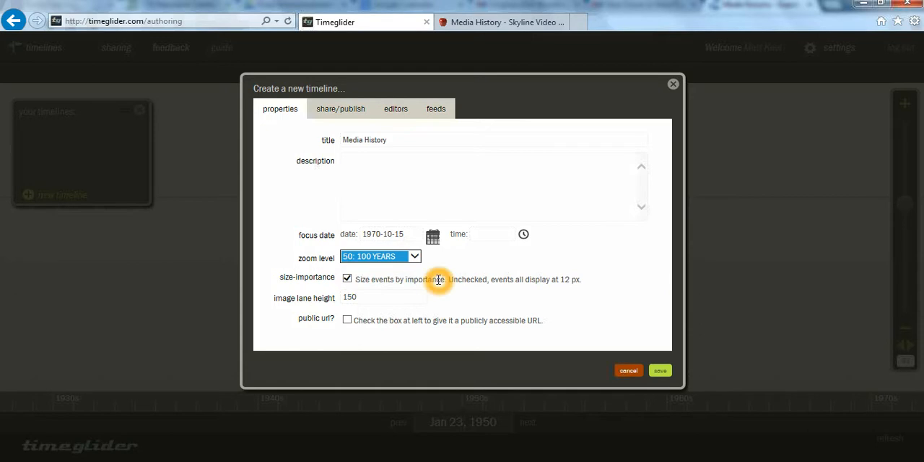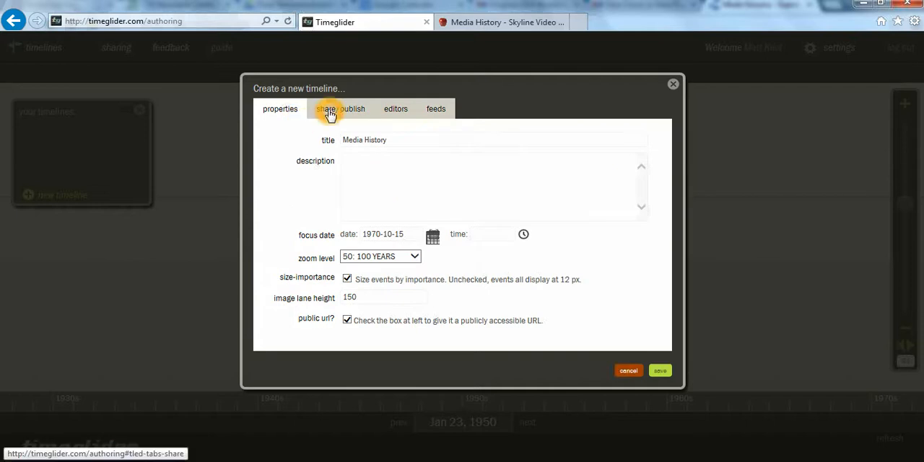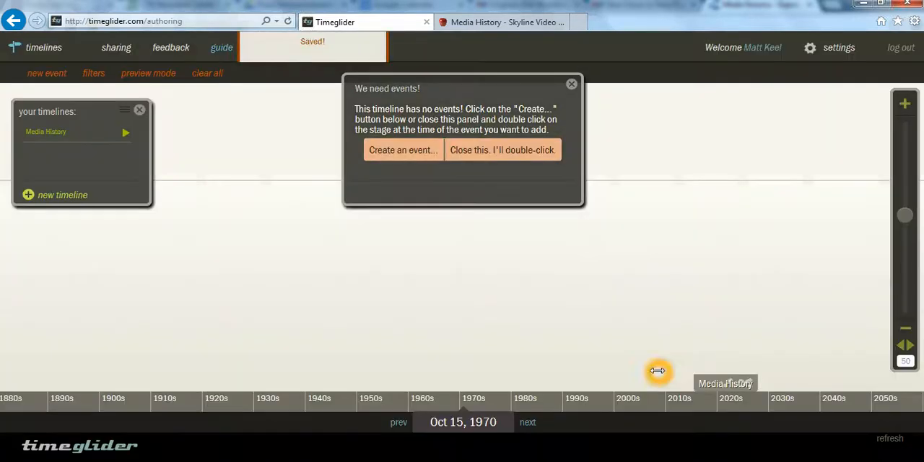When you add an event, you can change its importance and make it bigger on the timeline, which is pretty cool. And if you're going to send a link to, like, your teacher, you want to click here so it creates that link, and you can copy and paste it and send it to your teacher for them to look at. And that'd be the same here. Once you create it, you can publish it. So we'll hit save, and this is just a beginning to get us started. But now we have our media history